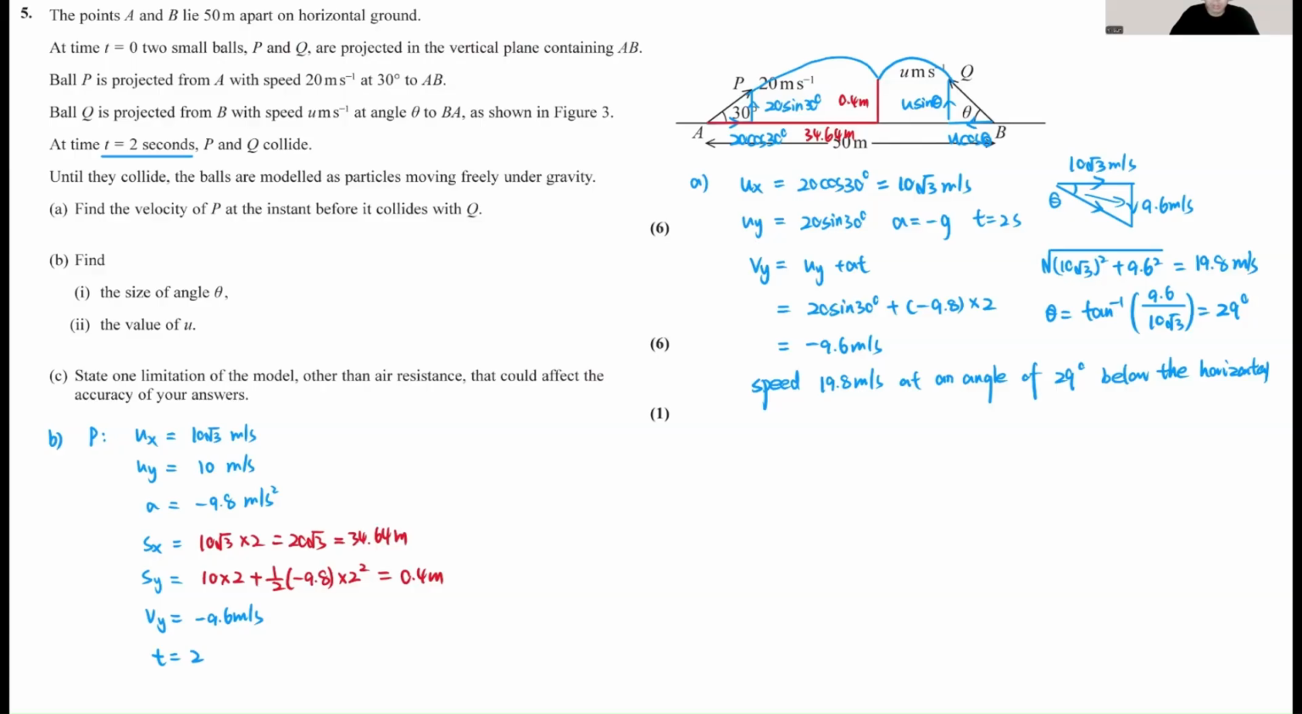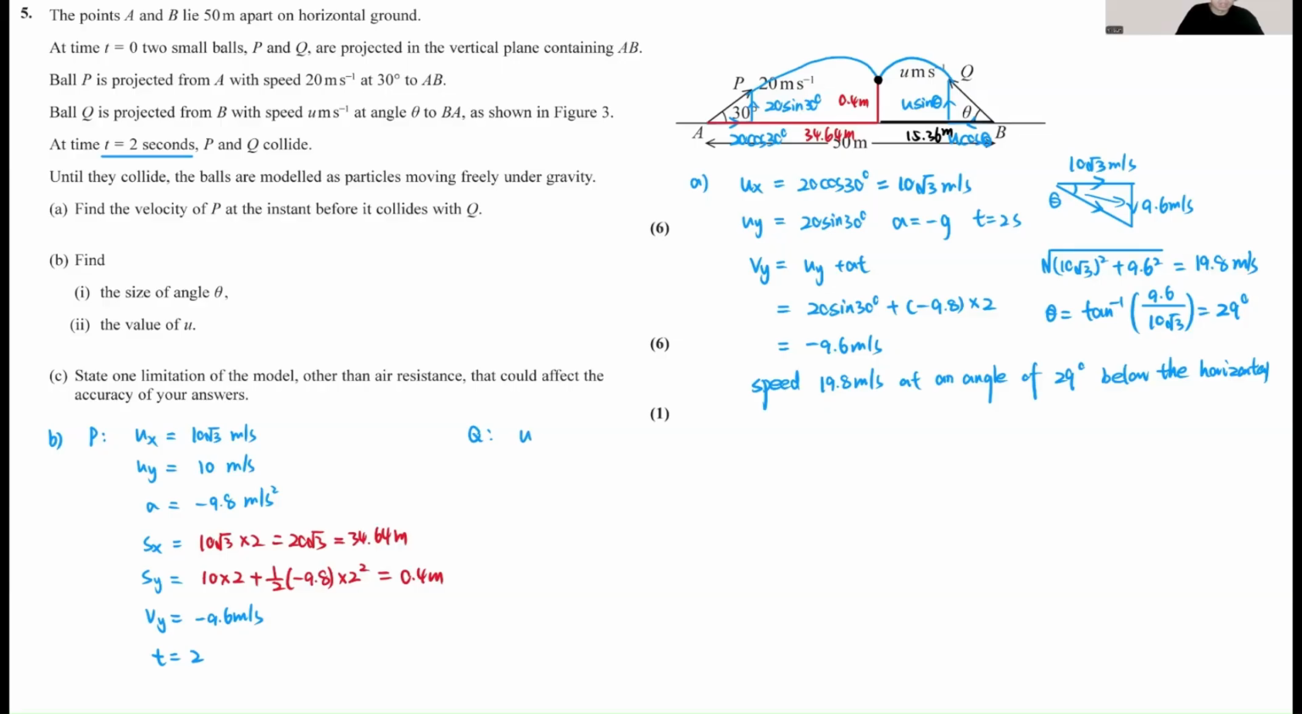So that means for the particle Q, because the total distance between A and B is 50, if P travels 34.64 meters, that means Q has to be 50 minus 34.64. So 50 minus 34.64 is equal to 15.36. And then they should have the same vertical height because that's where they collide. They have to have the same vertical level. Yeah. So which means for particle Q,